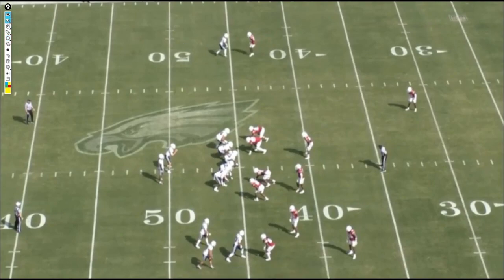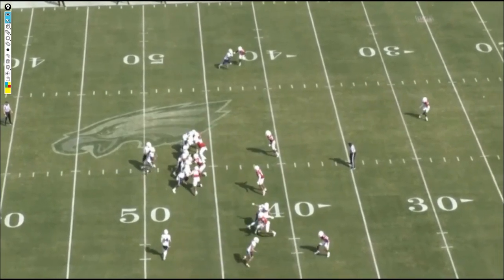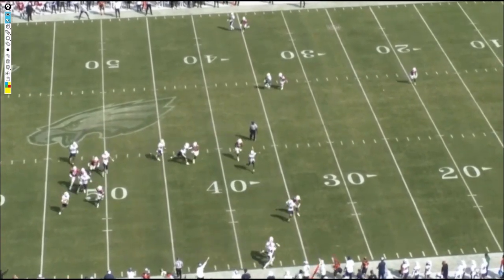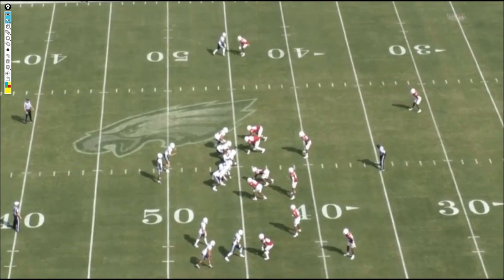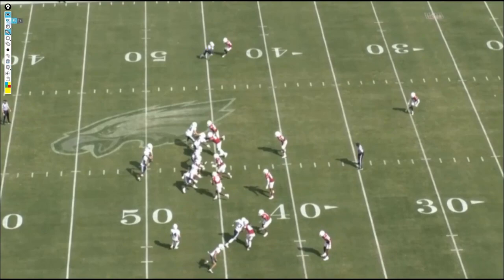But when you're coming out of Utah State, some of these smaller schools, you're going to play at the Senior Bowl, you're going to play against some DBs that are more physical. How are you going to be able to react to that? Now, I do think he has the hand usage to be able to combat physical press, but when it's soft press and it's more through the route, I'm going to be interested to see how he adjusts to that, because you have that little bit of a hesitation stutter release to the inside